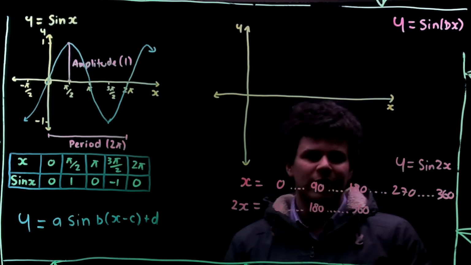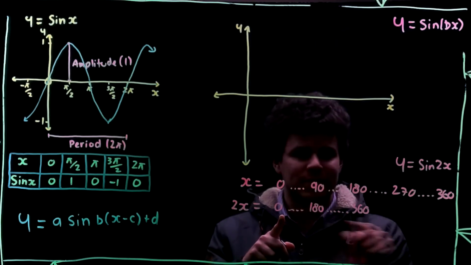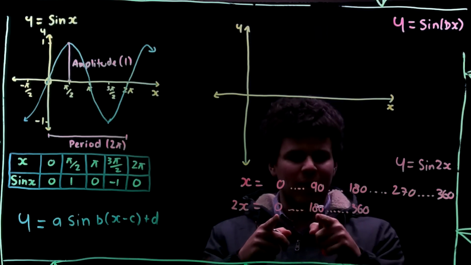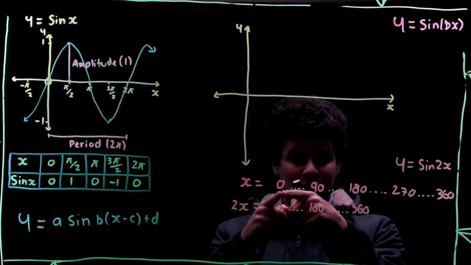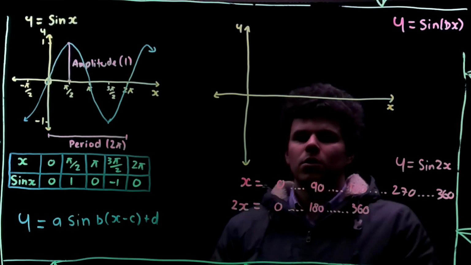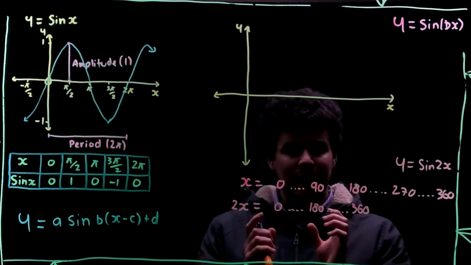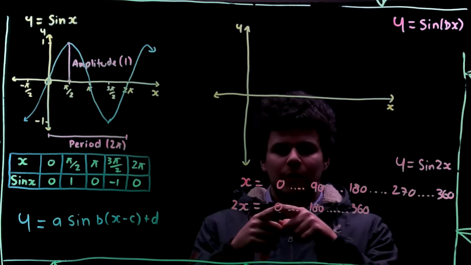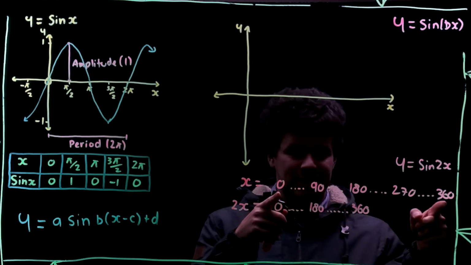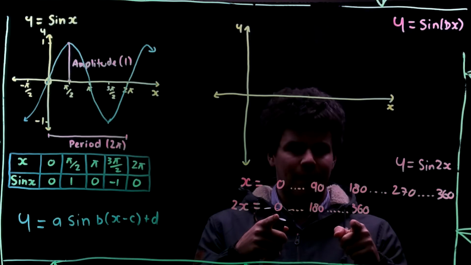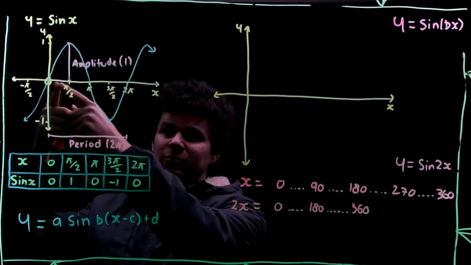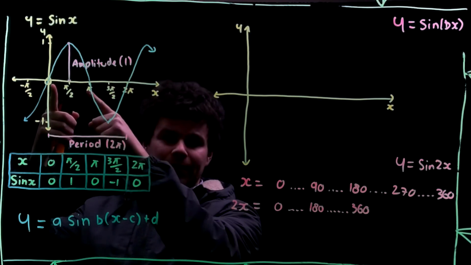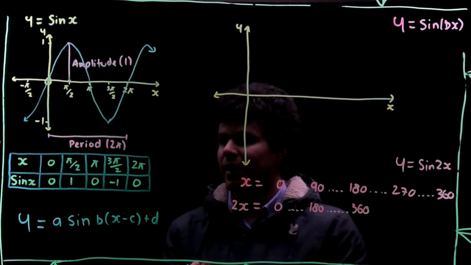So what actually happens is all the numbers in between are all exactly the same, but it just happens quicker. So from 0 to 180 it actually only takes from here to here, whereas over here it goes from there all the way across to here. So everything happens the same, it just happens twice as quick really, sorry. So it still goes from 0 to 360, but it actually just takes half the amount of time. So our function here is still going to get from 0 to 2 pi, or complete its whole period, but it's just going to do it quicker, exactly half as quick, which means, if we draw it up,